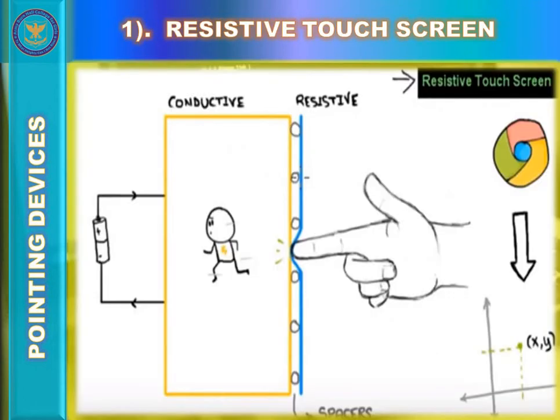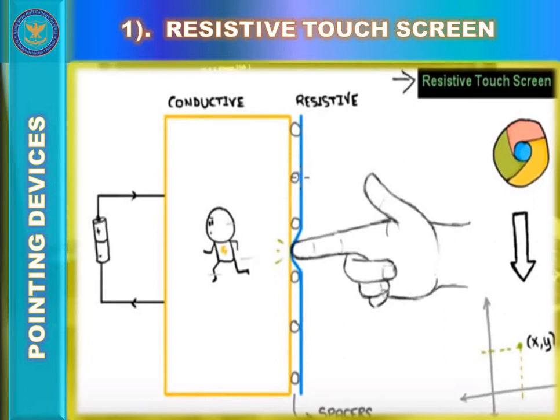So if we talk about touch screen technologies, not all touch screens are the same. Different technologies can be utilized to allow a user to interact with the screen. Some technologies may work with only your finger, and other technologies may allow other tools like a light pen or stylus. So we will talk about each of these technologies in touch screens.